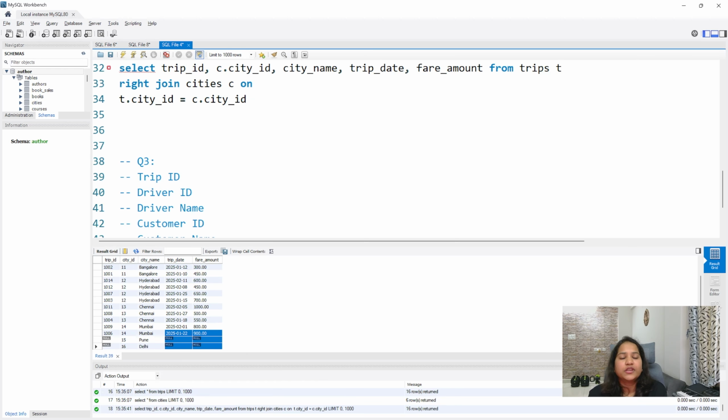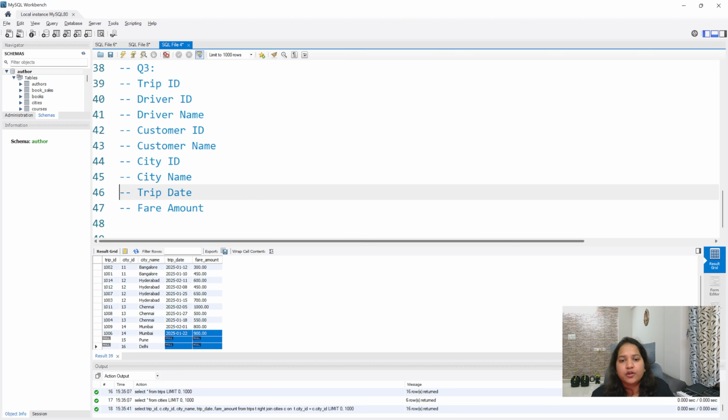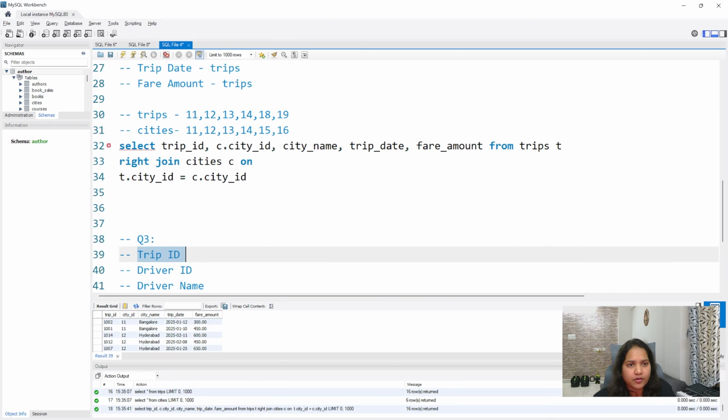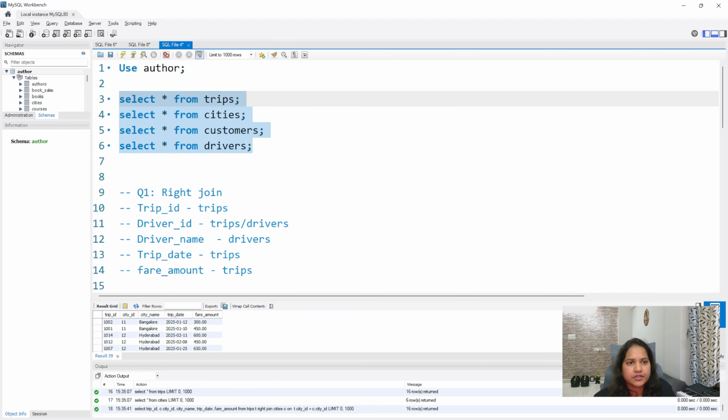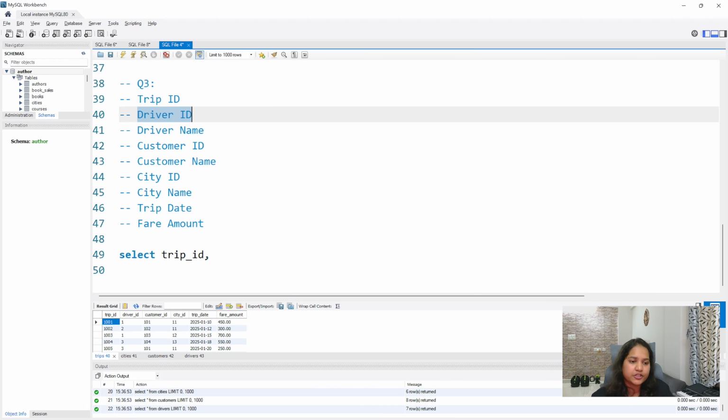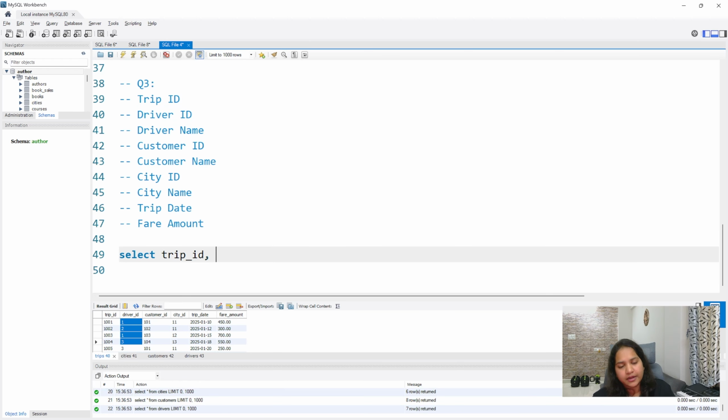Okay, so I have another question where we need to join more than one table. Let's say you write the select statement first. Then comes your trip_ID column. I will run all of this first. The trip_ID comes from the trips table. Then comes your driver_ID. As I discussed, instead of taking it from the drivers table, it's better to take it from the main table, which is the right table. So driver_ID.